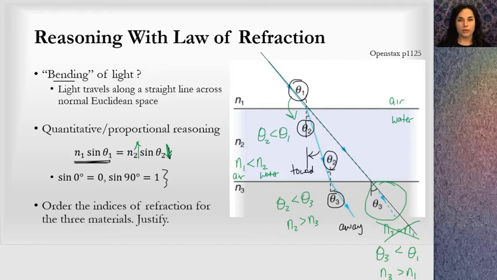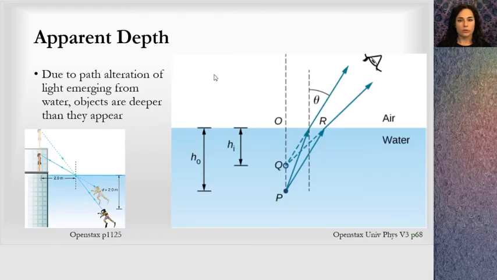I have a couple of applications of the law of refraction that I wanted to share with you. The first is a really cool one about apparent depth. It says due to the path alteration of light emerging from the water. So if we have light coming from under the water, and then our eyes are receiving that light, if we follow light rays along there, we can see that it will leave with a larger angle than it hit the surface with. And when we follow those light rays back that our eye receives, remember our eye is